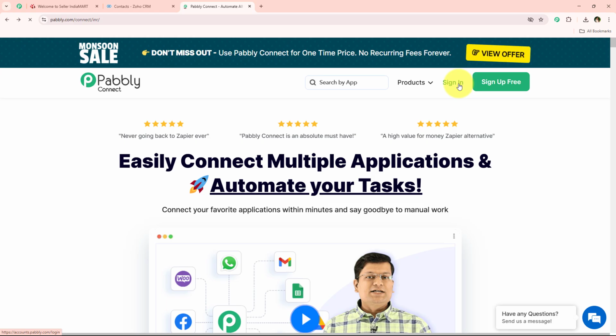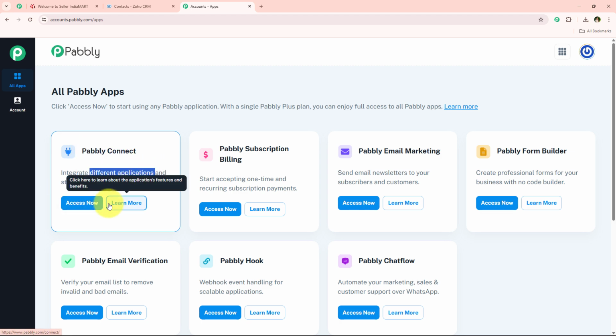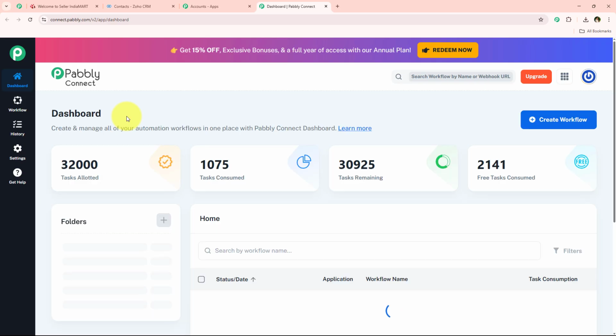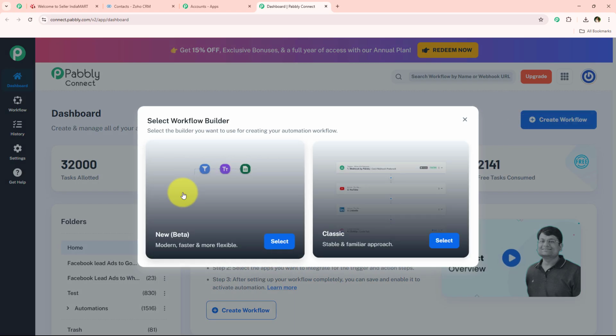But over here, I am an existing user, so I'm simply going to click on this button which says sign in. And once I click on this sign in, it is opening all Pabbly apps, and over here you're going to see all the tools and applications offered by Pabbly. But in today's video, we are going to use Pabbly Connect because we are connecting different applications. So I'm simply going to click on this access now right over here to access my Pabbly Connect account. And once I click on this access now, it is going to open the dashboard of my Pabbly Connect account. And to get started, I'm simply going to click on this button which says create workflow,